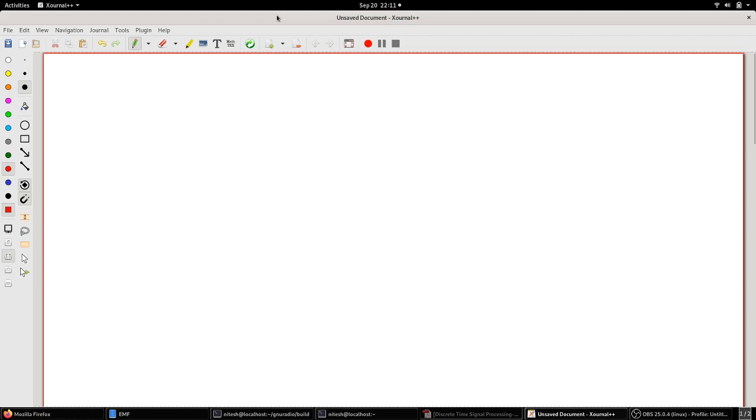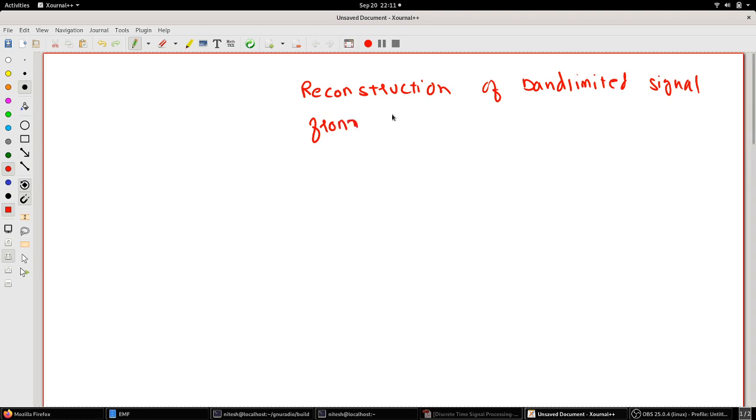So let's come to a topic which is related to reconstruction. Reconstruction of band limited signals from its sequence, from the discrete time sequence. Okay, so what you had is, till now what we had seen was you had converted